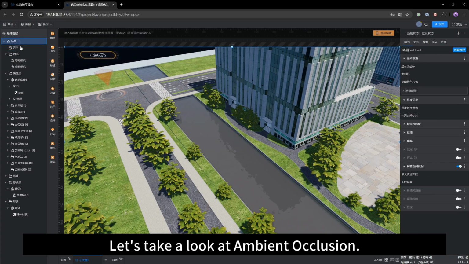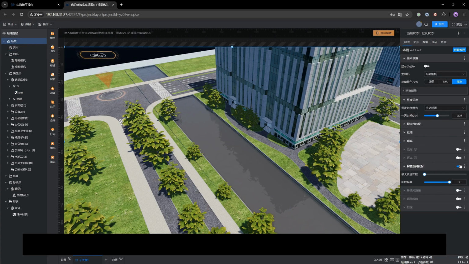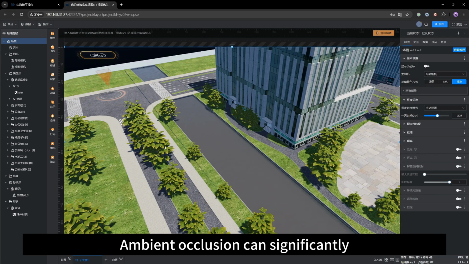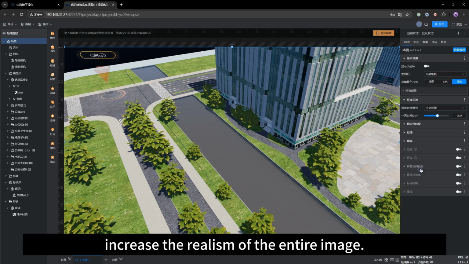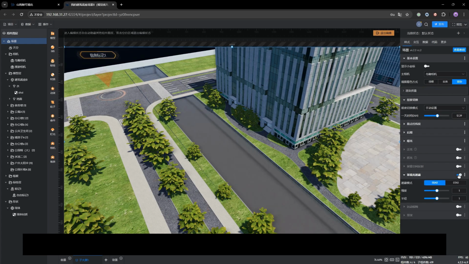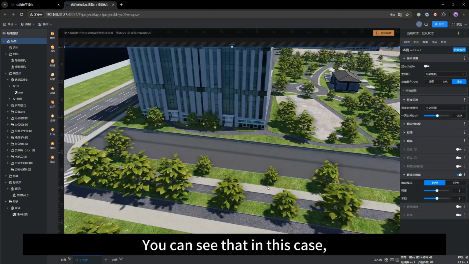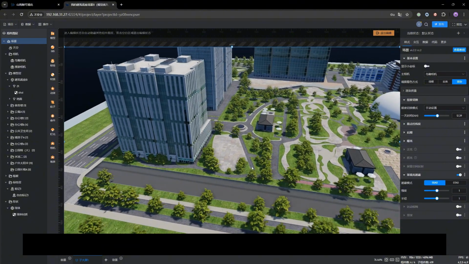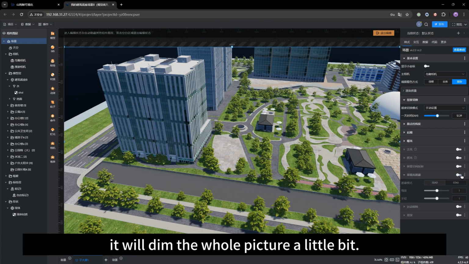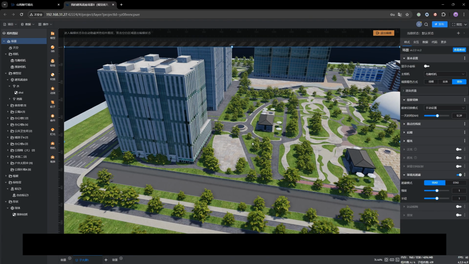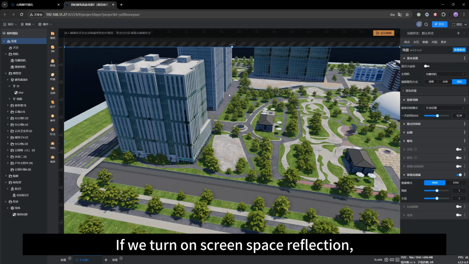Let's take a look at ambient occlusion. Ambient occlusion can significantly increase the realism of the entire image. Okay, let's turn it off and then turn it on. You can see that in this case, in these places, in these corners, it will dim the whole picture a little bit. But here, we also have a difference. If we turn on screen space reflection,